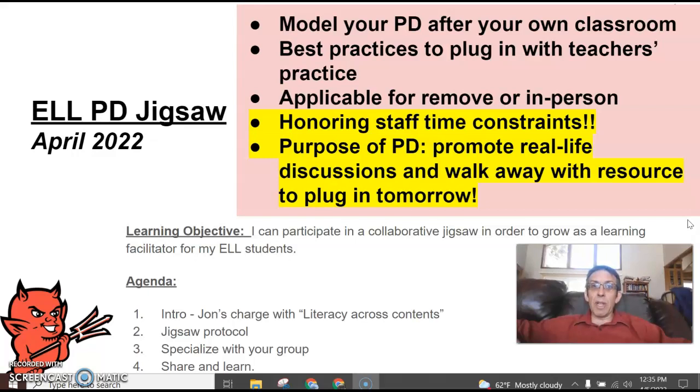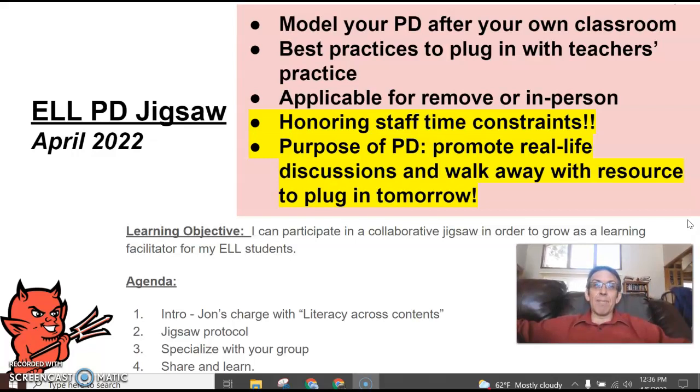I also want to honor staff time constraints, as far as trying to have something that, as you'll see here, is going to be no more than 5 minutes that they can watch on their own time, honoring that many of them might have family lives or things going on outside of their contract hour. But I think 5 minutes to get ready for a staff meeting and to know what they need to do to prepare is realistic.